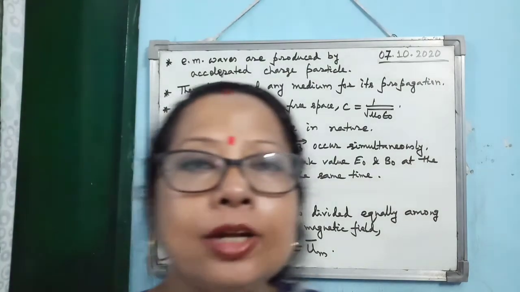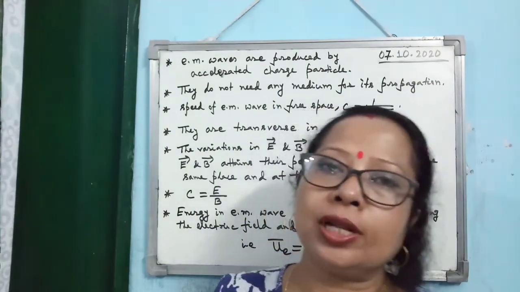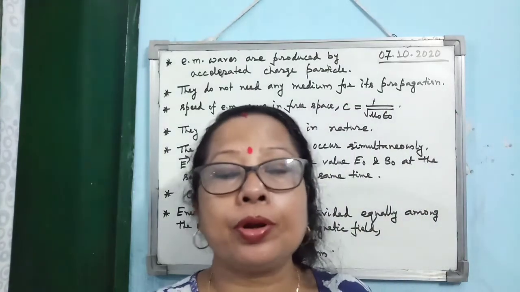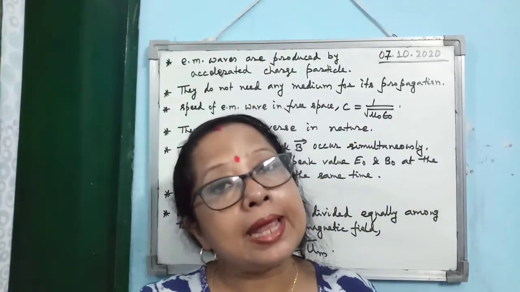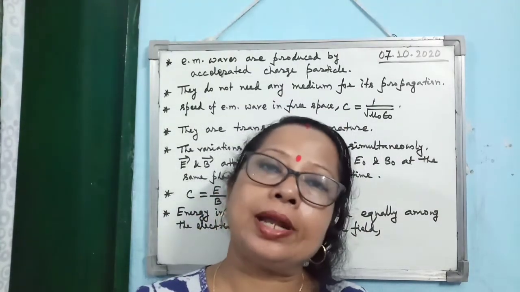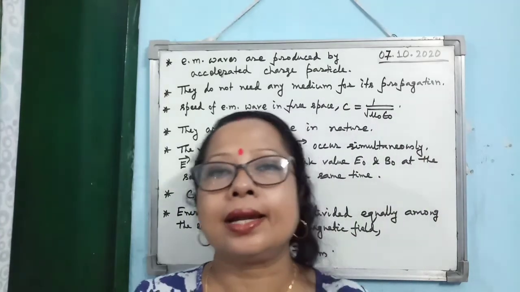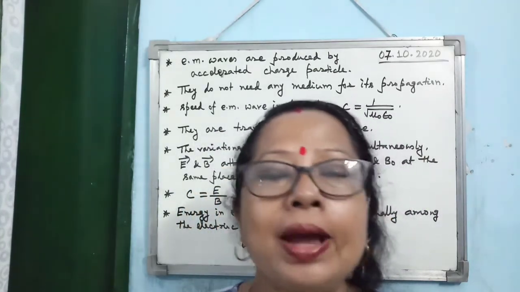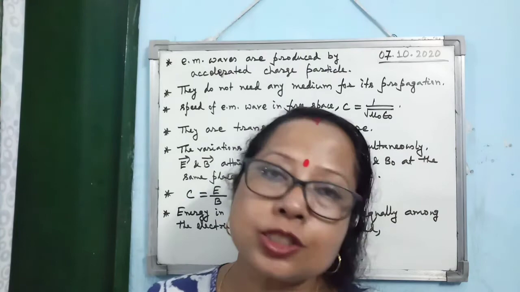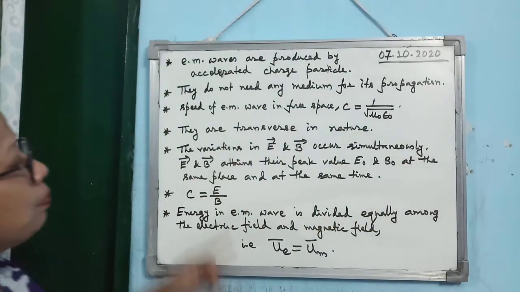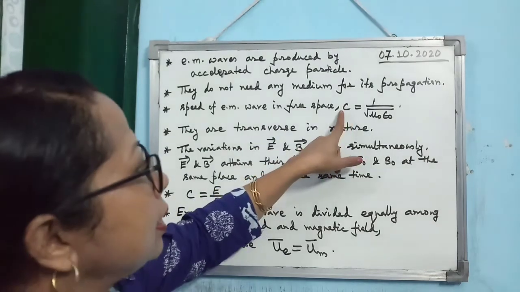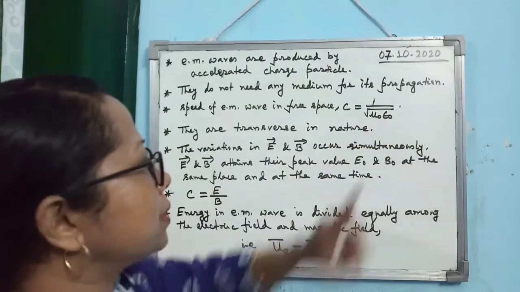Already we know that electromagnetic wave is produced by two mutually perpendicular time varying electric and magnetic fields propagating in the same medium. Now how can you produce two time varying electric and magnetic fields? By an accelerated charged particle. So in one sentence you can say that electromagnetic wave is produced by an accelerated charged particle. Alright. Electromagnetic waves are transverse in nature. They do not need any material medium for their propagation. And speed of electromagnetic wave in free space is given by, already I wrote this one, that C is equal to 1 upon under root mu naught epsilon naught.